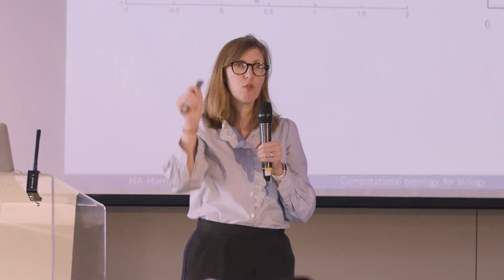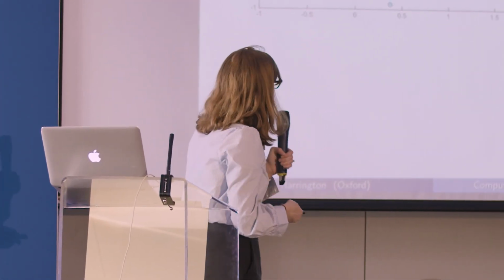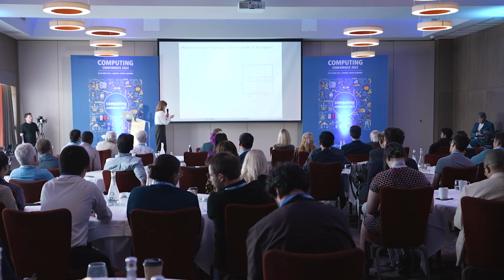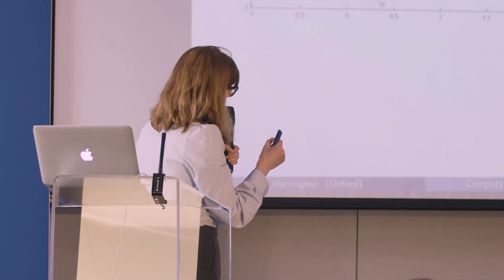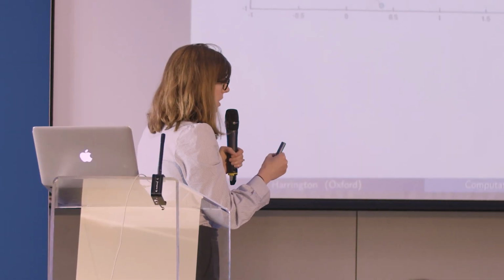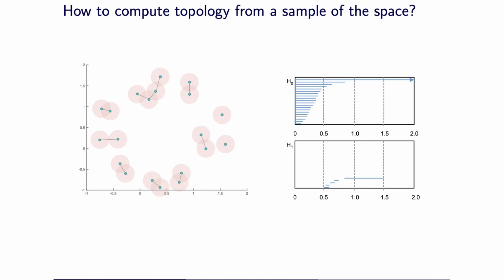Okay, we want to study this. Now maybe it would be a perfect ring, but it's a noisy ring and you have points that are sampled for that snapshot of when you got the tissue sample. And what we would like to do is, you can't see it very well, but instead of clustering these points, we can really see that there's points around a ring. So what persistent homology does is you build a sequence of nested simplicial complexes.